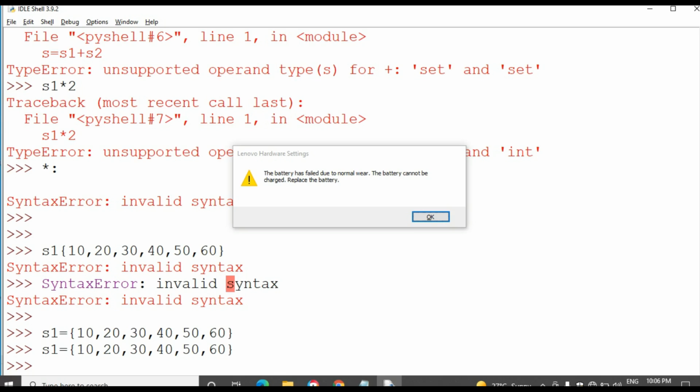Then I want to unpack the set of elements.